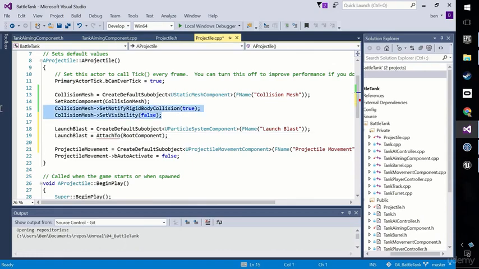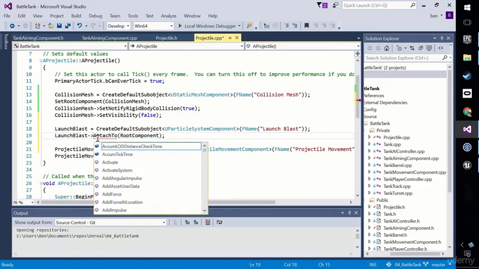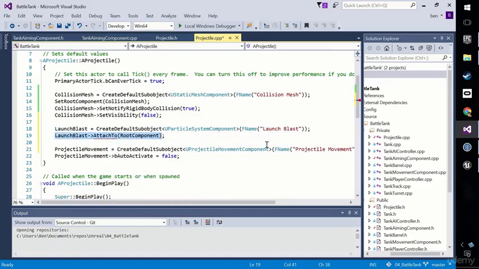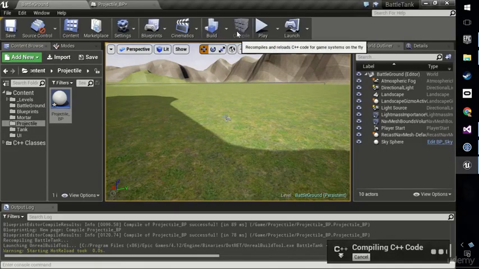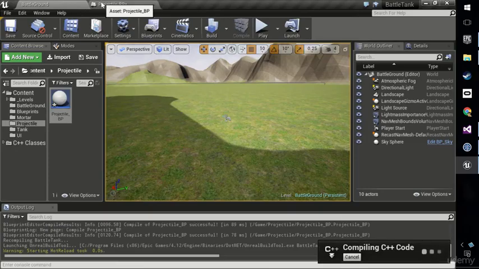So I didn't expect you to set either of these two, the notify rigid body or the visibility, and I didn't really expect you to do the attach to either. Of course, it's not equals attached to, we're doing an arrow operator. Launch blast attached to root component. Okay, let's go ahead and compile. Then we'll look at the blueprint, I'll recap the code, and we are done for laying the foundations of setting